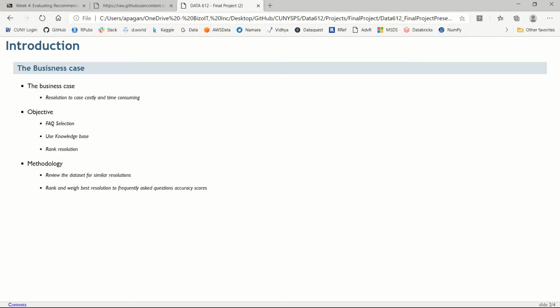The objective of this project is to find a dataset that includes historical resolutions to problems or answers to questions. The rank of resolutions or answers can be given higher weights to answers that provide accurate resolutions or have a high number of similar responses. The methodology would be to review the dataset for similar resolutions, ranks, and weight best resolutions